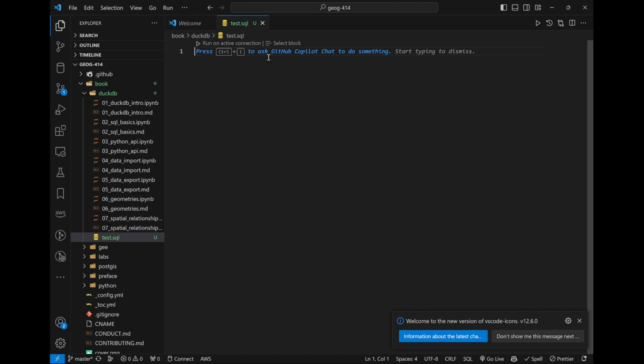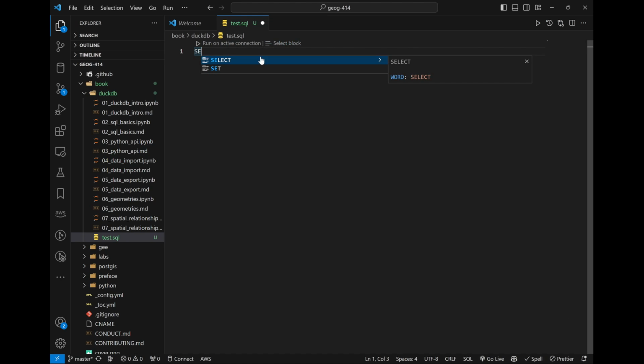So here, right now, you see there's nothing in there. But you can do the same thing. I can just start typing, for example, select, and you see it's kind of auto, you already have all the features. So just create an empty file and then you can start writing code. So select, and then okay, from DuckDB extensions, okay,